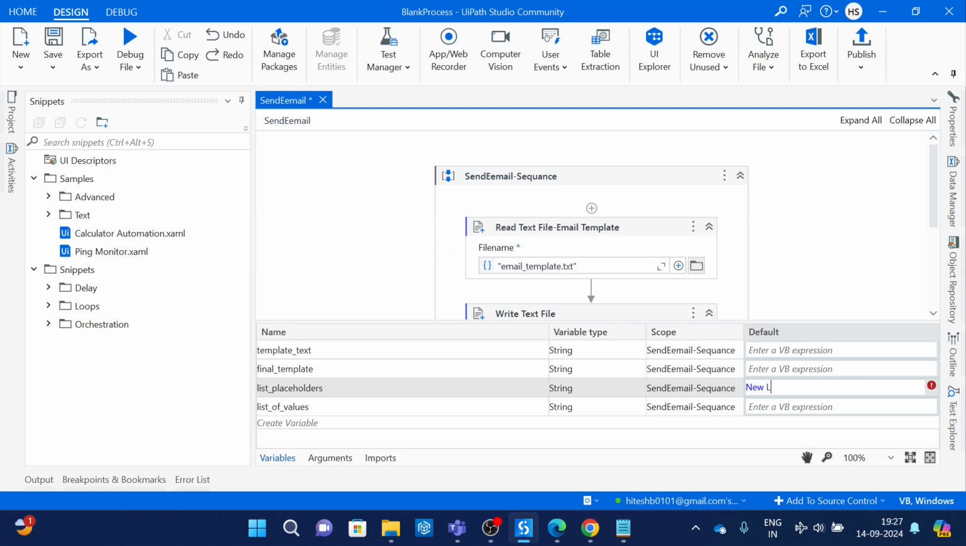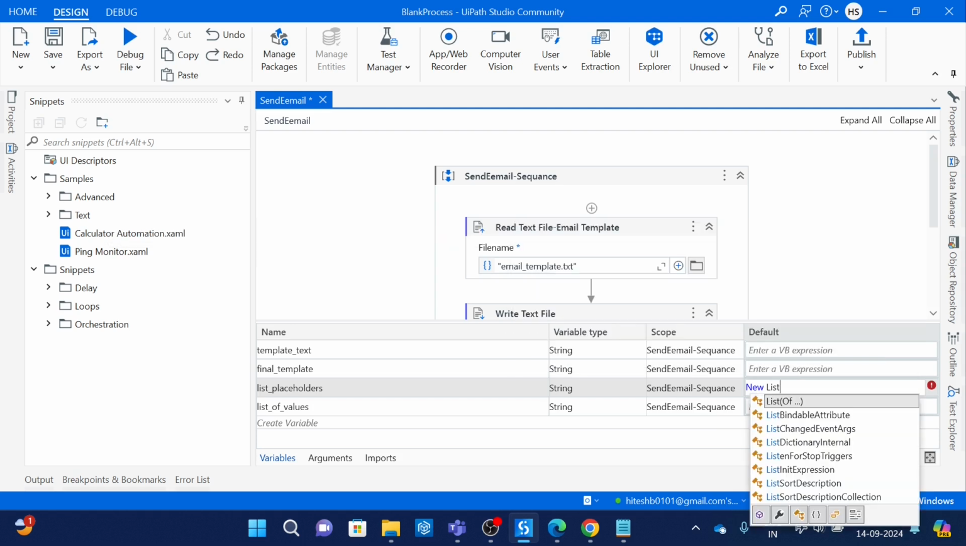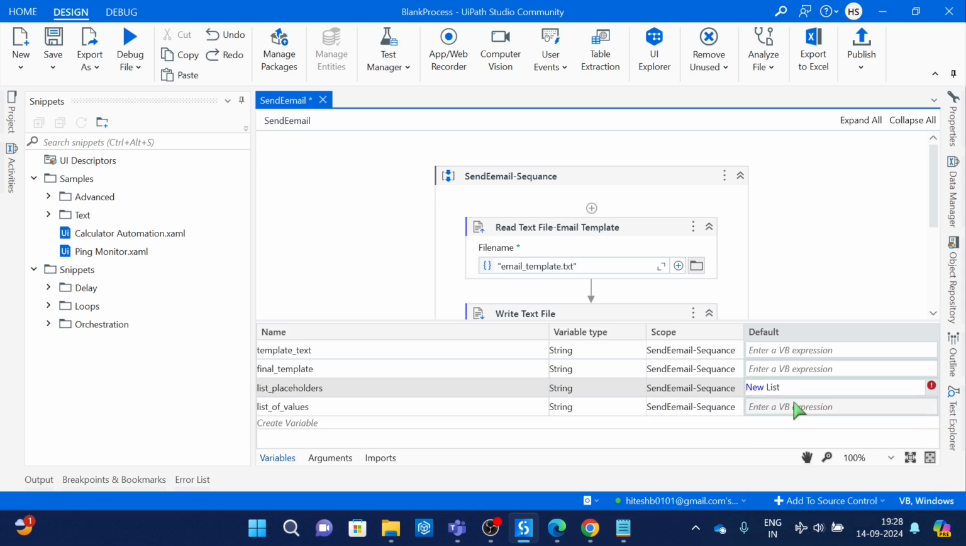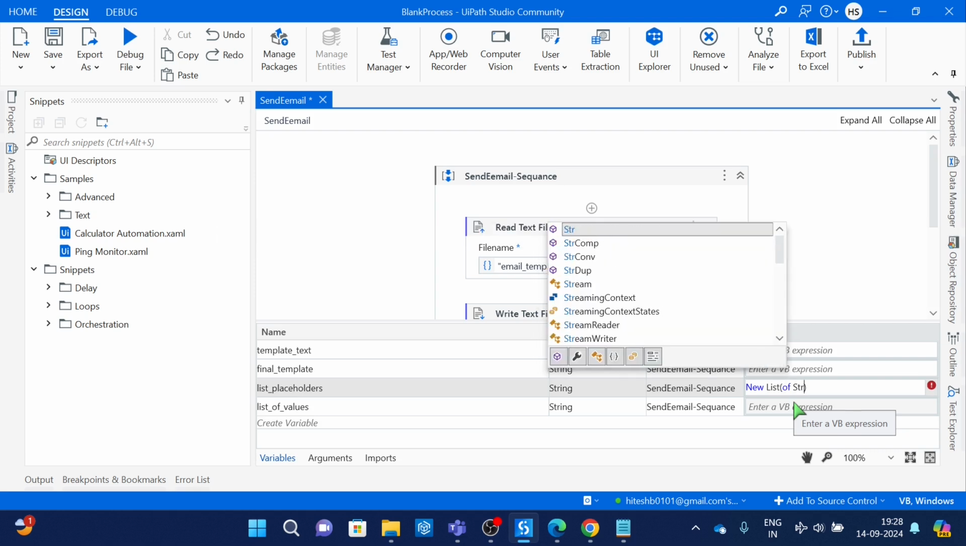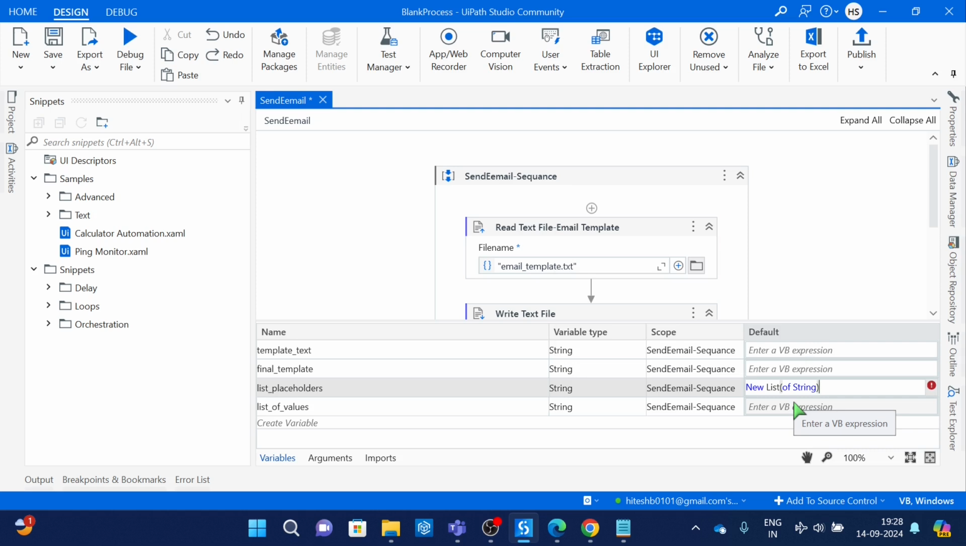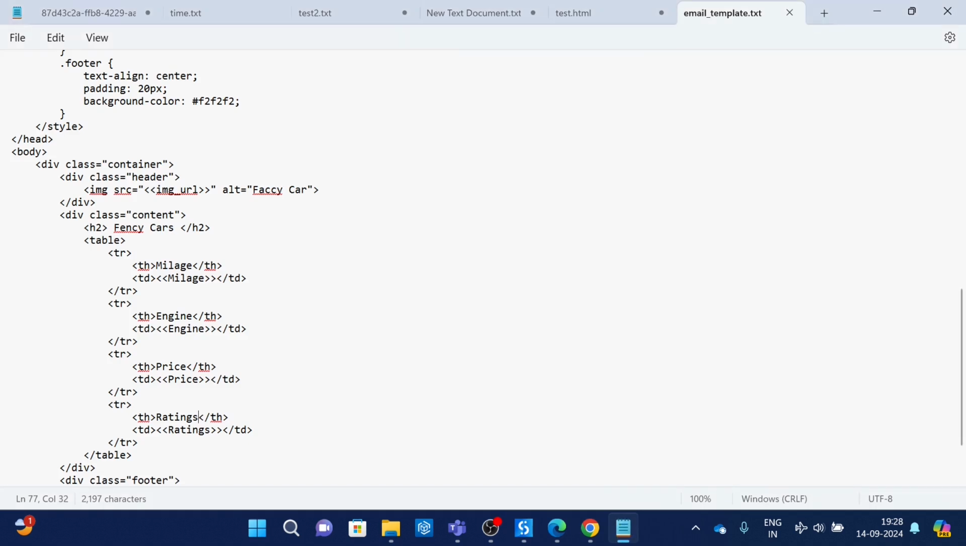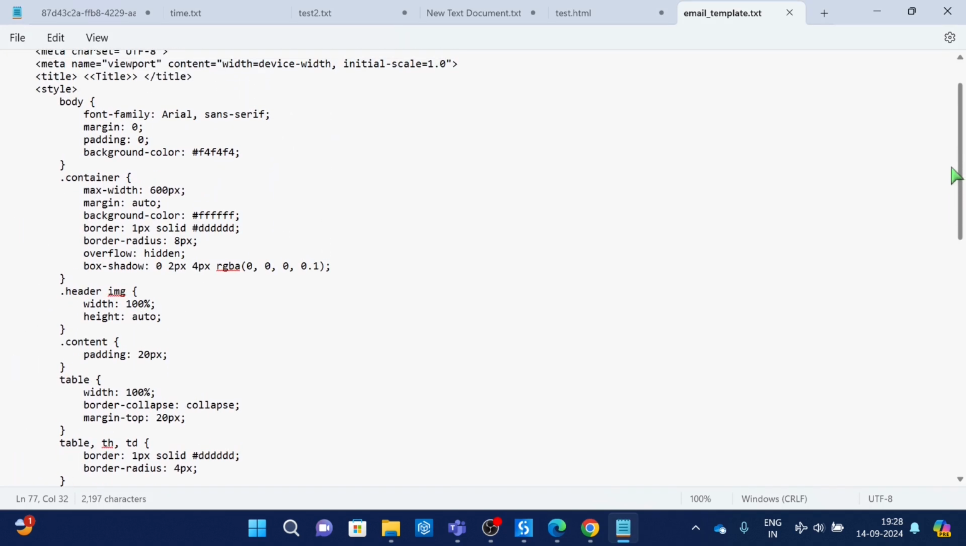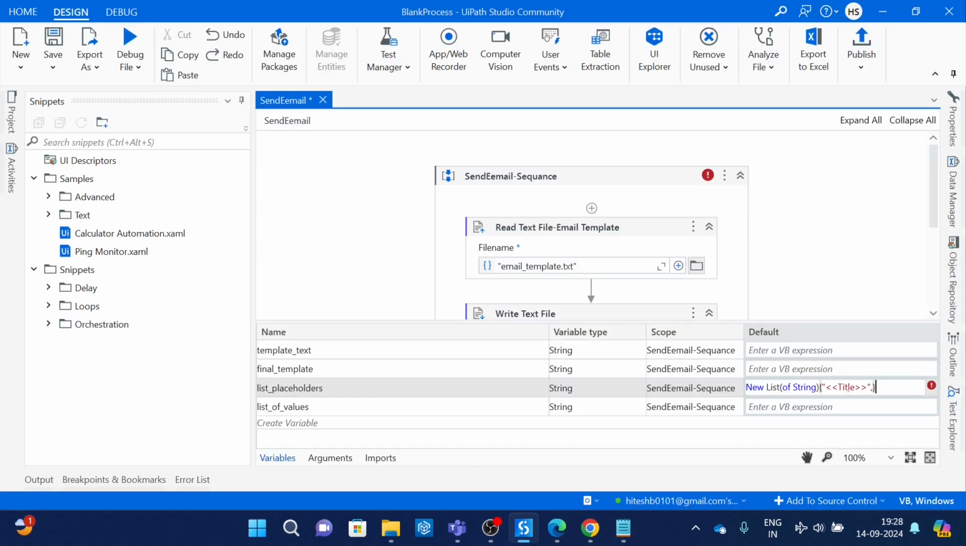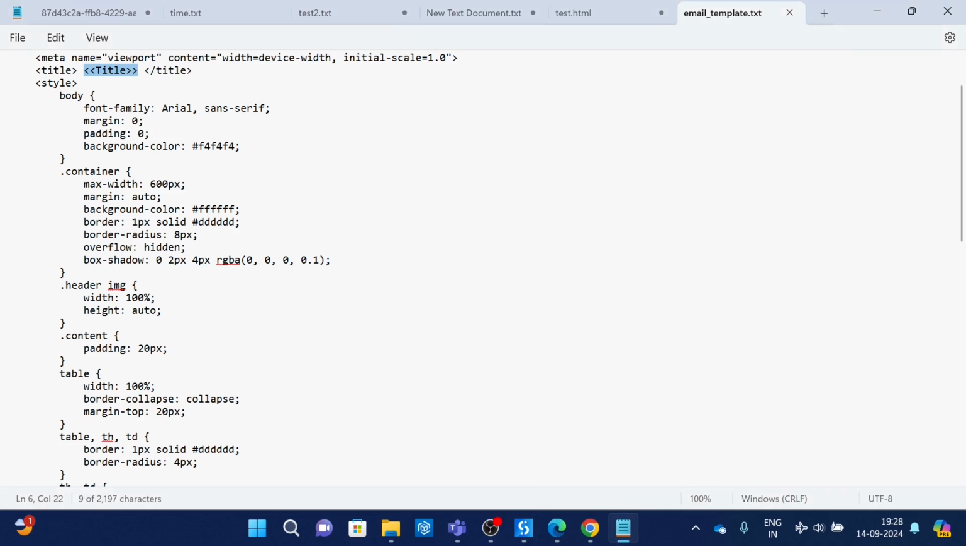So new List of, here we have to write of, then we have to pass our values like so. All of these values will go in that title, and second is